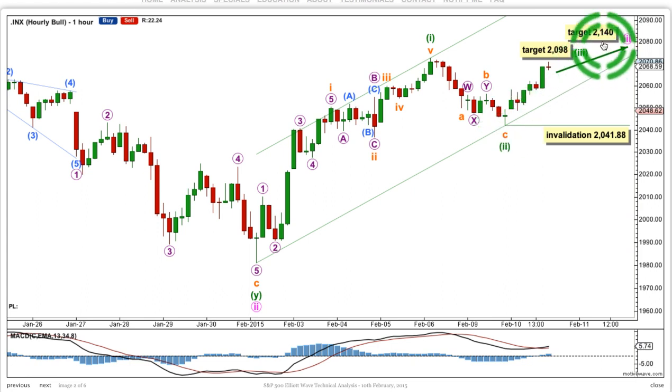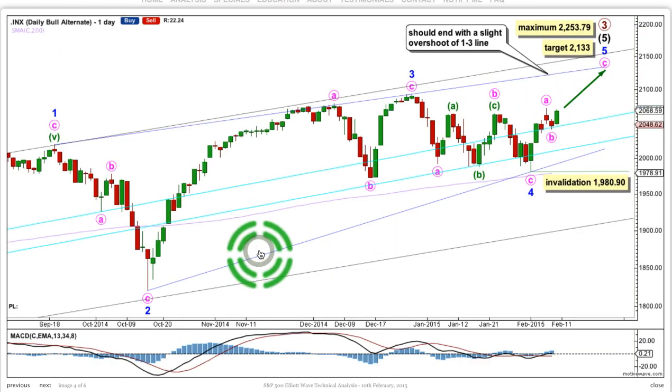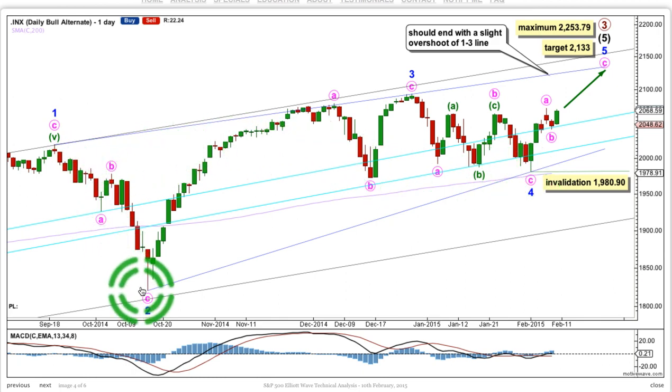The target for minute 3 remains the same as at the daily chart level. This is the alternate bullish wave count, which sees intermediate 5 as the other structural possibility, an ending diagonal. This one would be contracting, which is more common. The fourth and second waves are somewhat shallow though, but in this instance they might have been forced to be